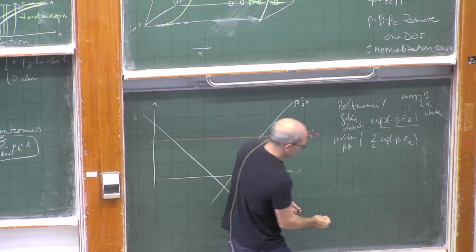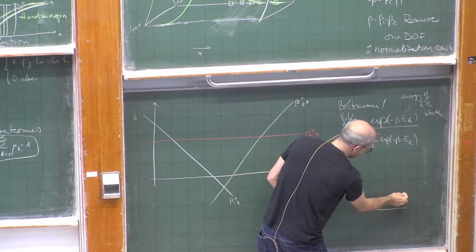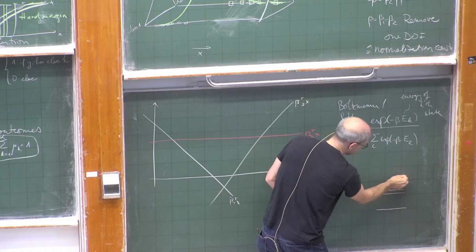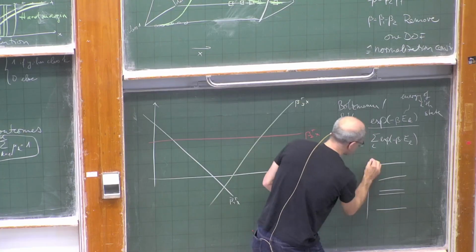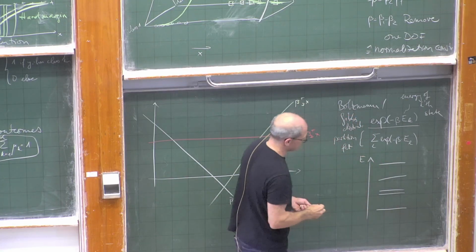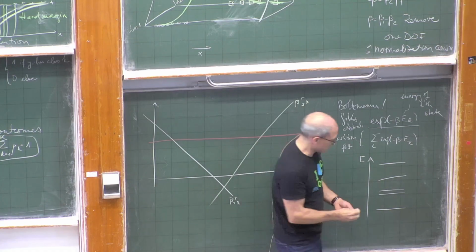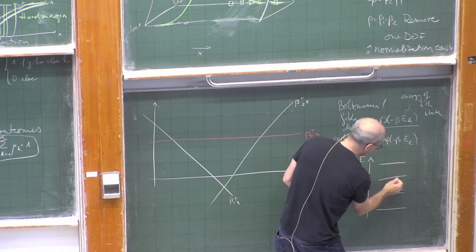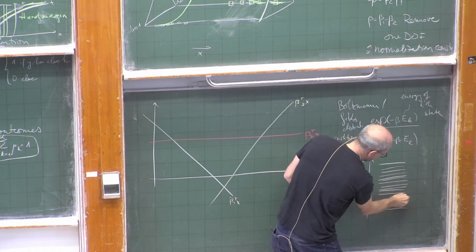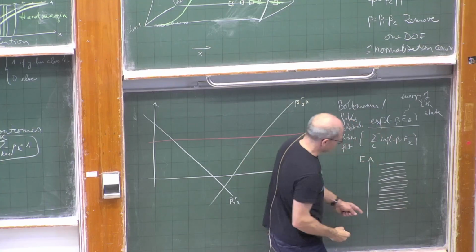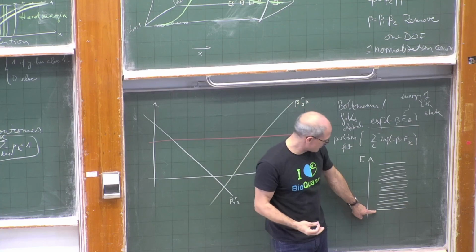And what this Gibbs distribution does, if you have a system with a couple of different energy levels, pretty arbitrary here, maybe I'm using equispaced ones. If you have a system with a couple of energy levels, of course, at zero temperature, you're only going to occupy the lowest energy state.